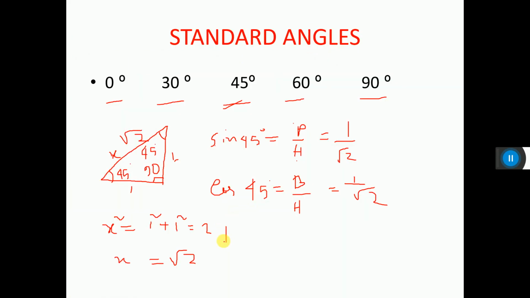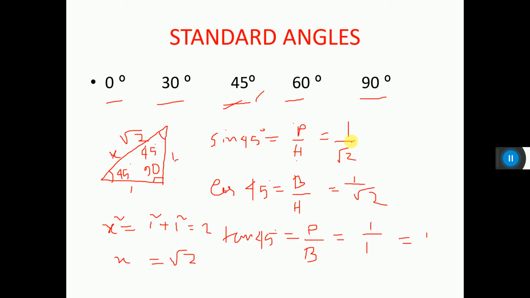Then tan 45. What is the formula? Tans perfectly black, that is perpendicular by base. This is the formula used to remember sin theta: some people have curly brown hair, tans perfectly black. So perpendicular is 1 and base is also 1. So 1 by 1, that is 1. Similarly you will get cot equal to base by perpendicular. Every value you will get. So I have shown you how to get 45 degree.